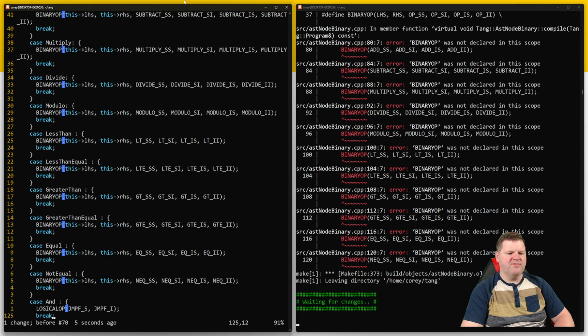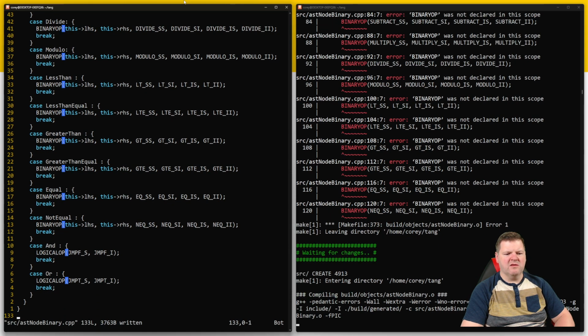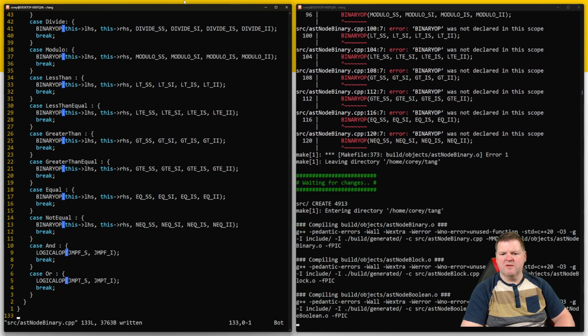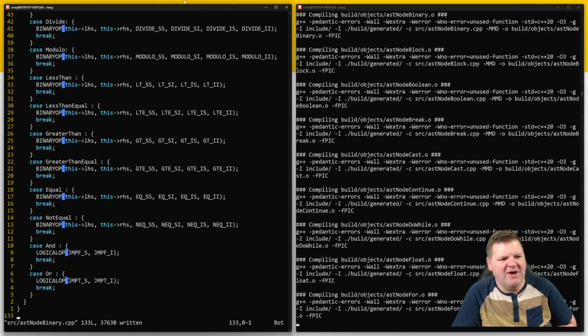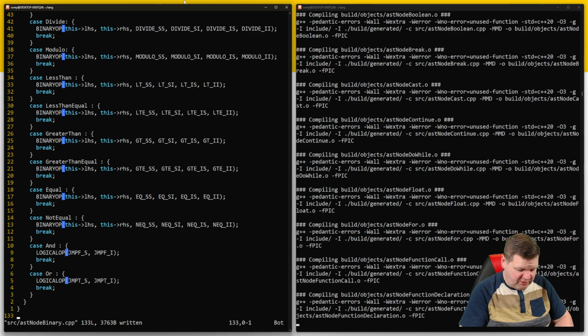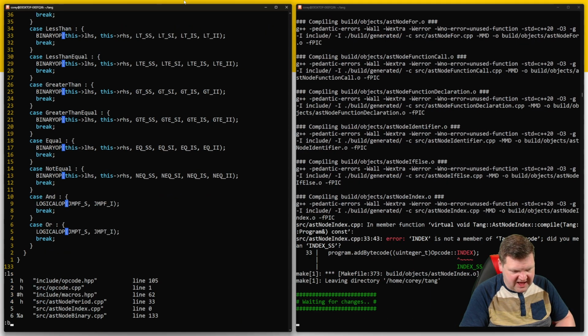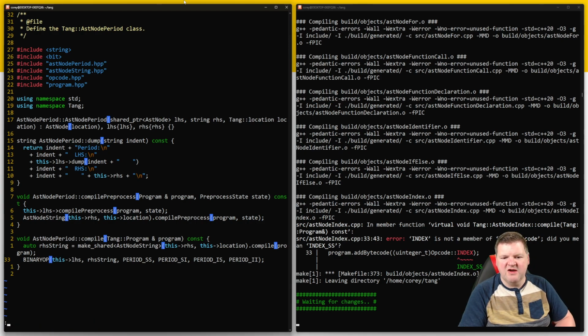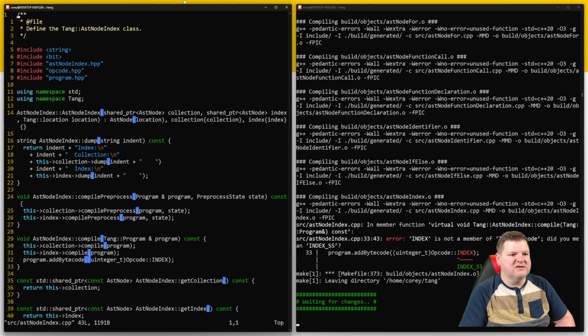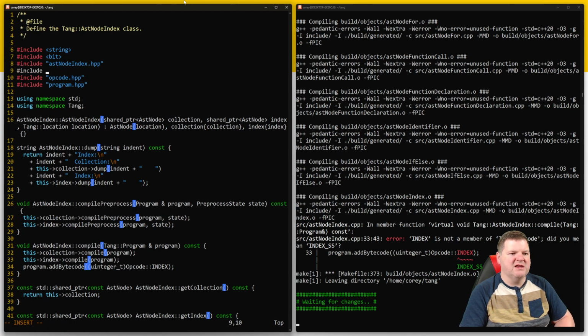Maybe no. Okay. Binary is now compiling. And the whole point of all of this is if we look at period, it becomes this really, really succinct thing. Okay, so now index is also wanting some attention, so we're going to pound include macros,